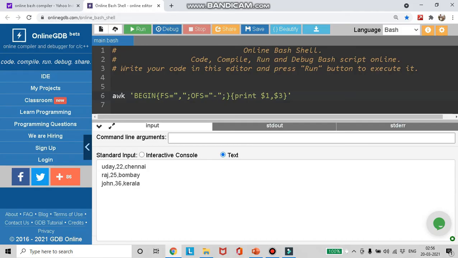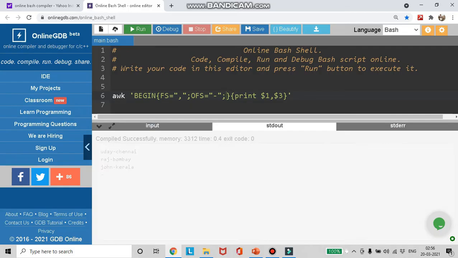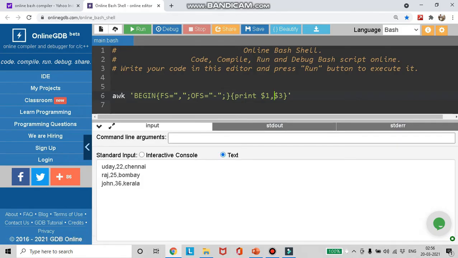Now if I run this, you can see Uday hyphen Chennai, Raj hyphen Bombay, John hyphen Kerala. In place of this comma, this hyphen comes into play. That is how you have to logically understand this.